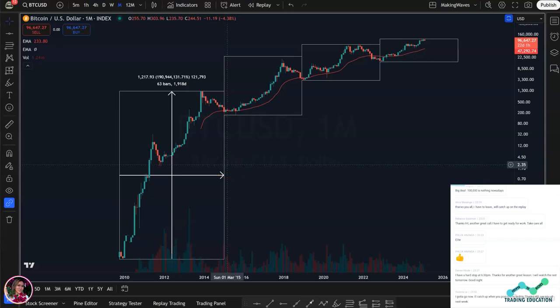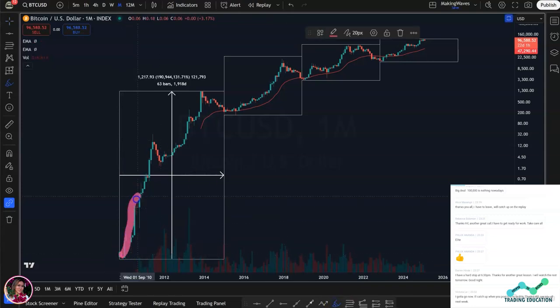So what I'm saying by that is every 4 years does not have to make a new all-time high every single time, but there is going to be the highest point price goes for that cycle every 4 years. May not be an all-time high for that asset, but what we're looking at is the highest it goes in that 4-year period. So if you get a top on the left side of the 4-year cycle, then that is a weak cycle, and that means you spend the rest of the time going into a bear market.